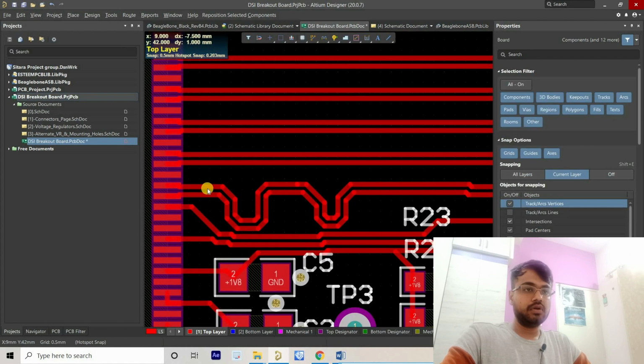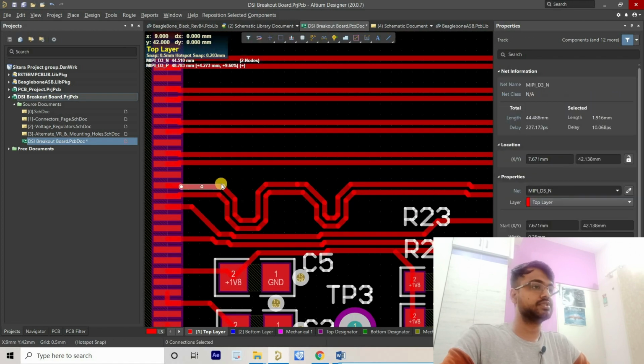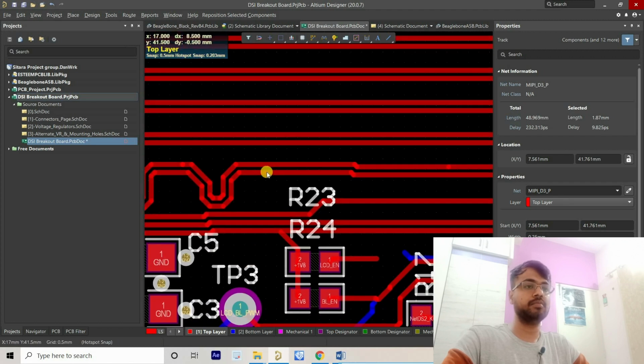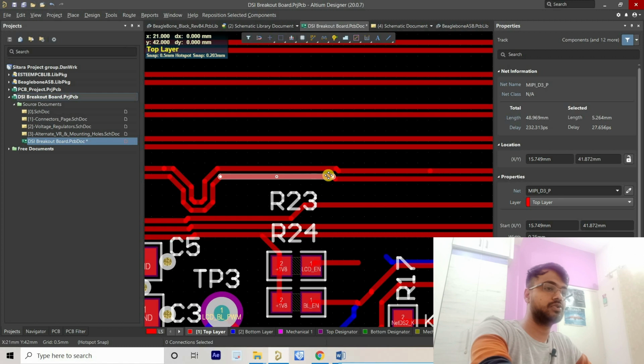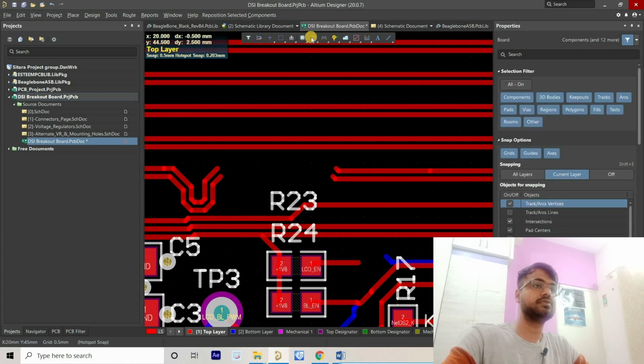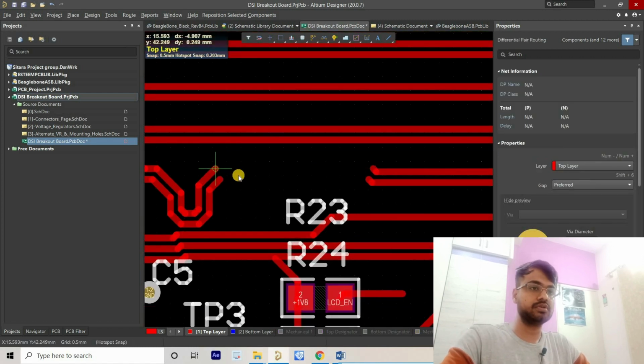So let's select the first track. Now it is 44 and 48, we have to add another one. So let's remove this much section and add one more serpentine.